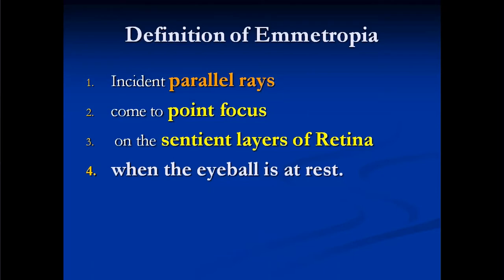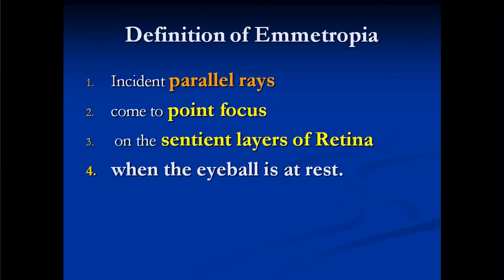Okay, now vaguely we may be able to say that one is having normal vision. So the definition of normal vision or emmetropia. Emmetropia means normal vision, who is having no refractive errors. So the definition is like this. When the parallel rays come to a point focus on the sentient layers of the retina, then the eyeball is at rest. So once again,